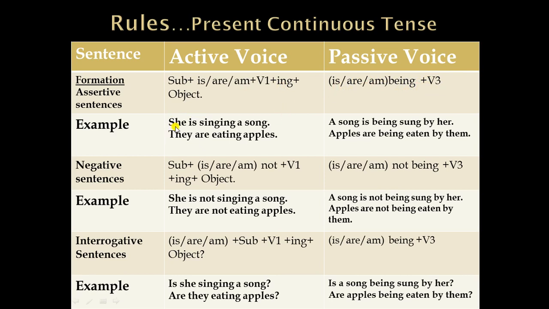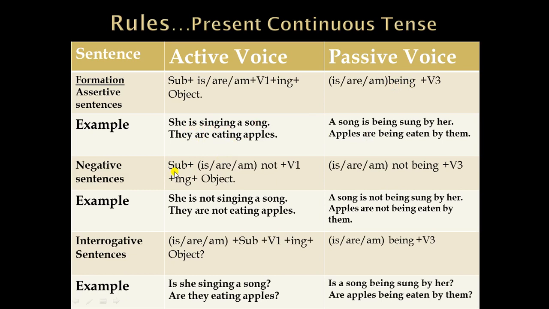Look at this example. In active voice, if it is she is singing a song, it will be changed like this into passive: A song is being sung by her. They are eating apples. Apples are being eaten by them. So we are using is being, am being, and are being as helping verbs because we have is or am with the ing form. So whenever you have a continuous form, being is added there